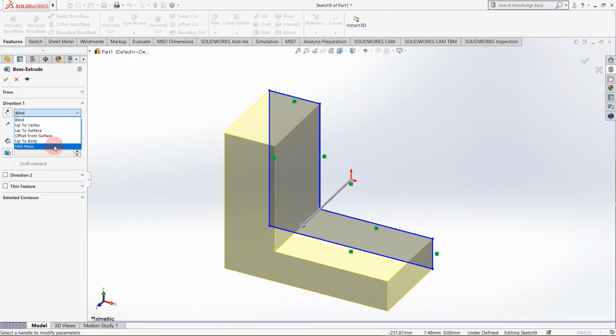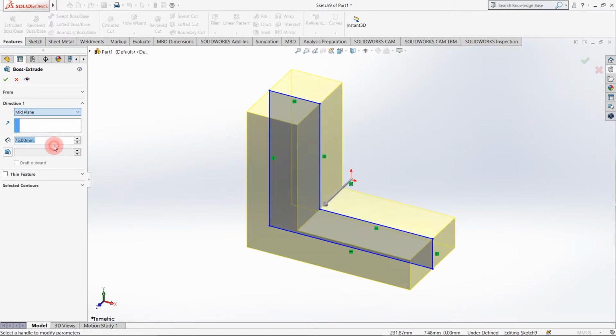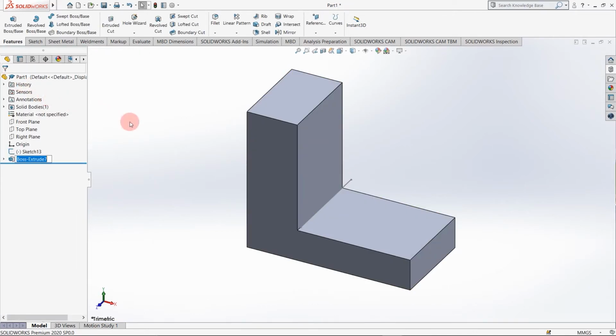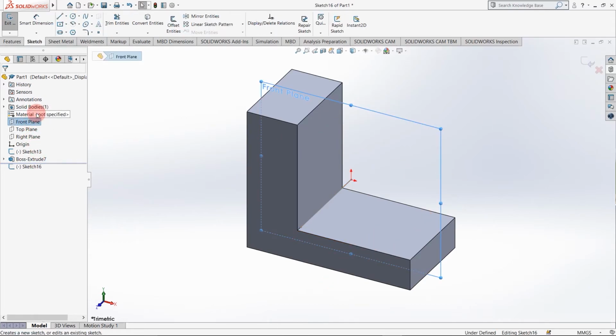So I'm extruding about mid plane. One more thing I want to tell you, whenever it is possible, extrude as mid plane, so it will be helpful for mirroring, revolving or giving patterns. I want a supporting structure, as we know, a rib here. So I have to just sketch a basic profile for that. So I'm going to sketch.